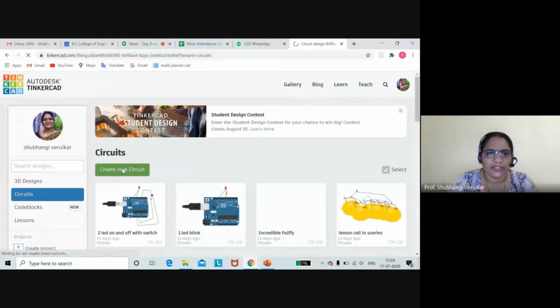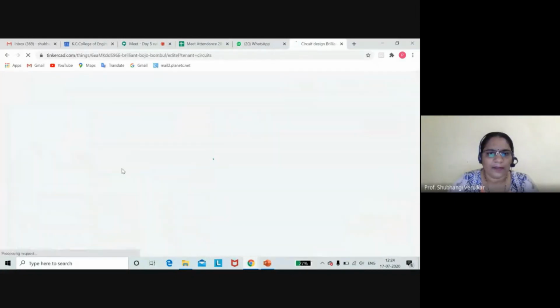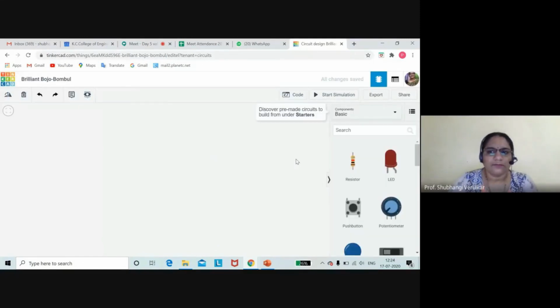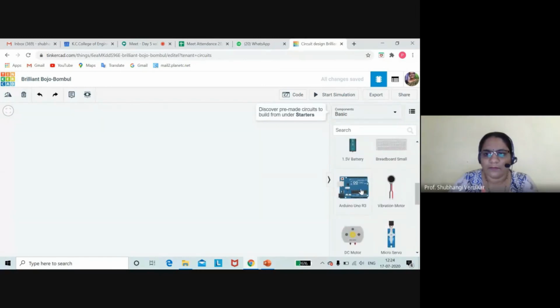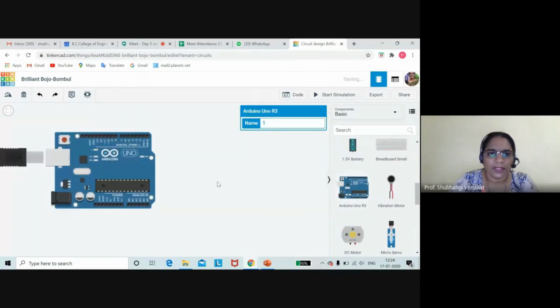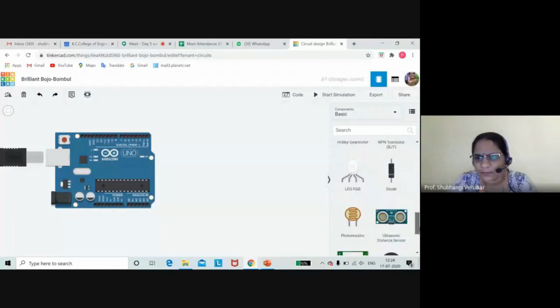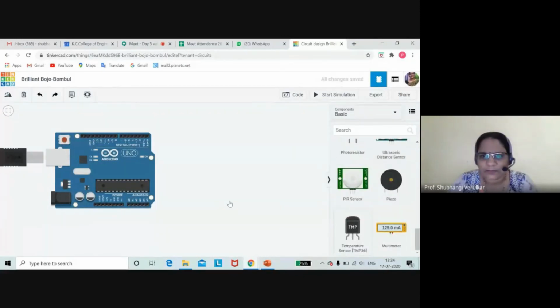Click on new circuit. Take Arduino. Take temperature sensor. Temperature sensor is an analog sensor.